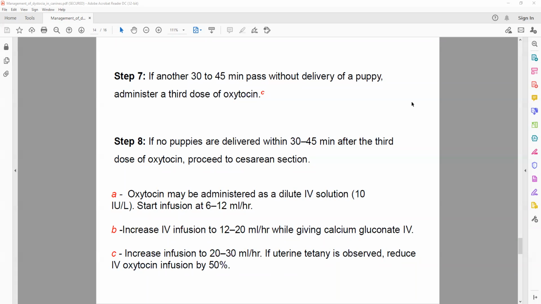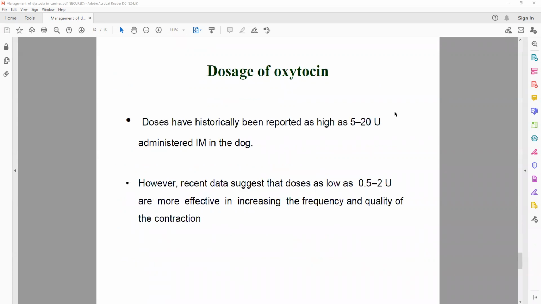Okay, you can give infusion as well, as it is written, direct drop by drop, or you can give shots. It's your wish. But after 4 shots or 5 shots, when that limit is reached and still there is no delivery, now you straight away go for cesarean section. Definitely there may be some abnormal position or something which is hindering, so now you cannot put much pressure, and therefore you can go straightforward for cesarean operation.